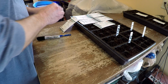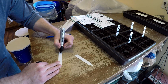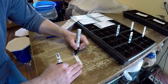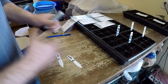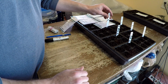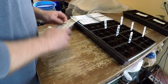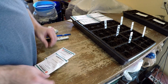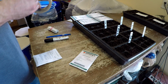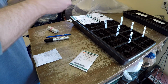And those were the lemons. I'll get 2 more. Just go LEMC for lemon cucumber. Pretty easy. I already spilled that. Go ahead and tape this one up. Now